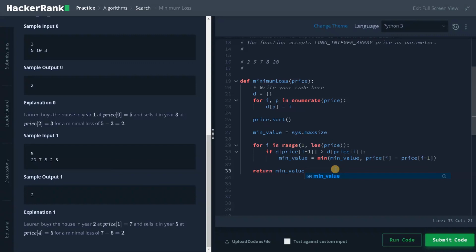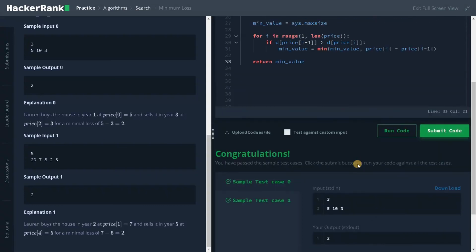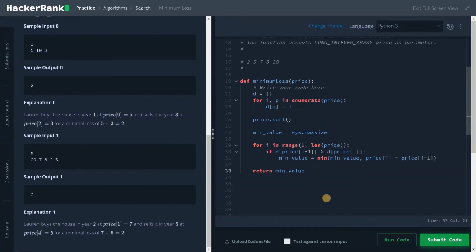Okay, let's check whether it is working properly or not. As you can see, it is working properly. Before submitting the solution, let's recap the code once. First I am storing the index in a dictionary to compare whether it is coming one after another, and after that I am storing the maximum value in the variable, and finally I am iterating the sorted prices. So the sorted prices are here, and first I am comparing the index whether it is coming one after another. If it satisfies the condition, it will compute the minimum value.